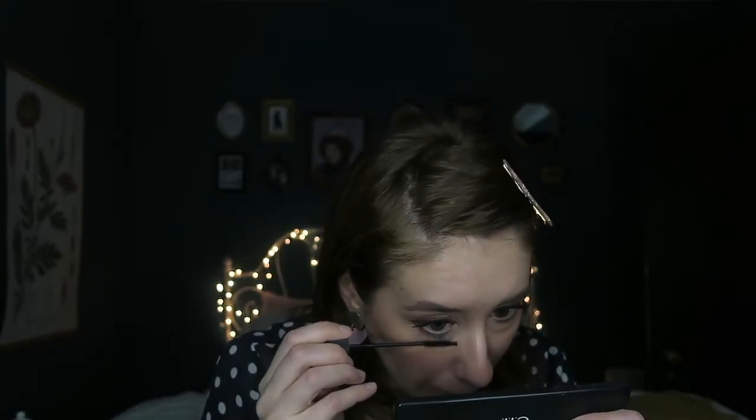I've had this for way over a year, but I feel like there's still so much left because it's such a watery formula. But this is from Wet n Wild, so they also started selling in China, so they are also no longer cruelty-free, which is BS. And they were like really shady and they lied about it on social media. Like somebody pointed it out and they're like, no, we don't sell in China. And then it turns out they had been secretly selling there for like months. So I won't be buying from them anymore, but